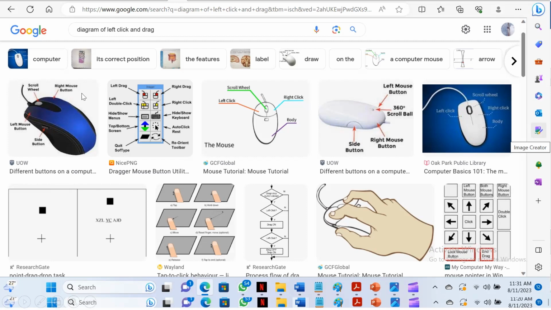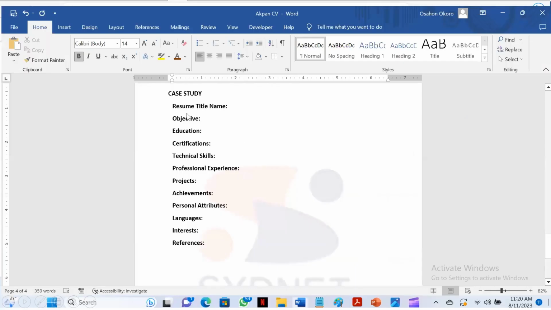Now, when they tell you to right click, what they are saying is that you click on this right button once. If you click the left button once, you are selecting or picking out an object. But when you right click, you're trying to see the shortcut properties regarding the icon that the cursor is pointing at. So having known that, let's come back to our CV,